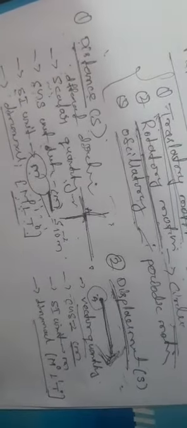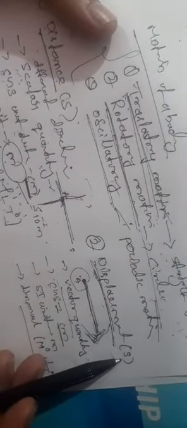That is the concept of this physical quantity, displacement. Once again, displacement is represented by the symbol capital S or small s. What is the meaning of displacement? When the position of a particle changes in a particular direction, it is called displacement. Both magnitude and direction are present, so it is a vector quantity.